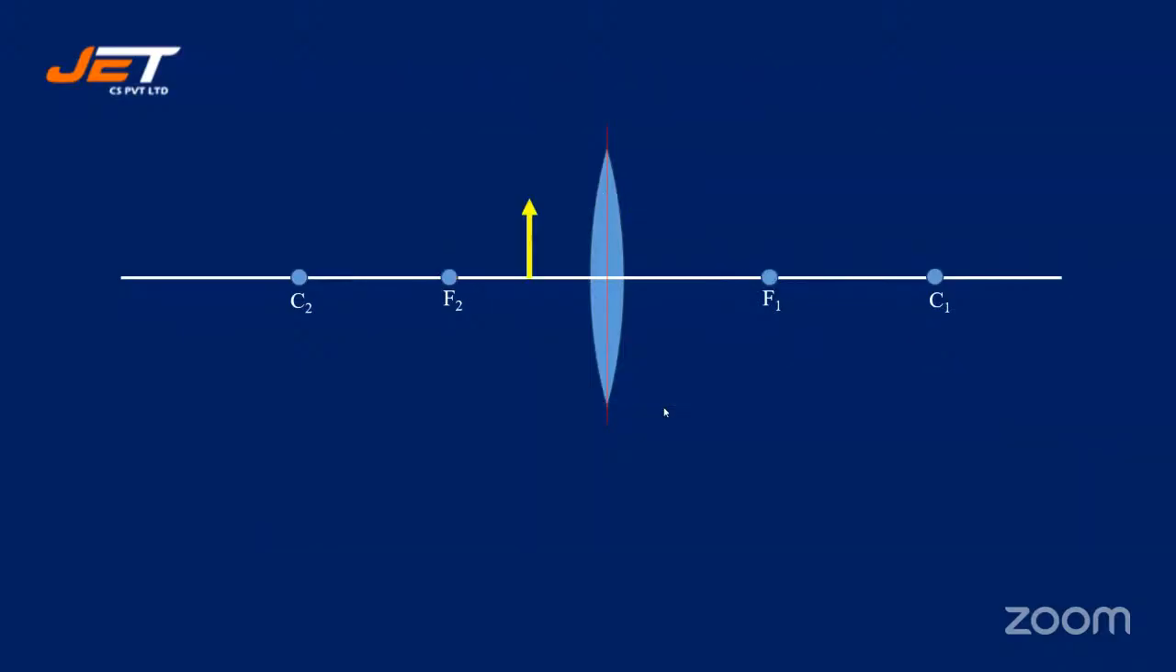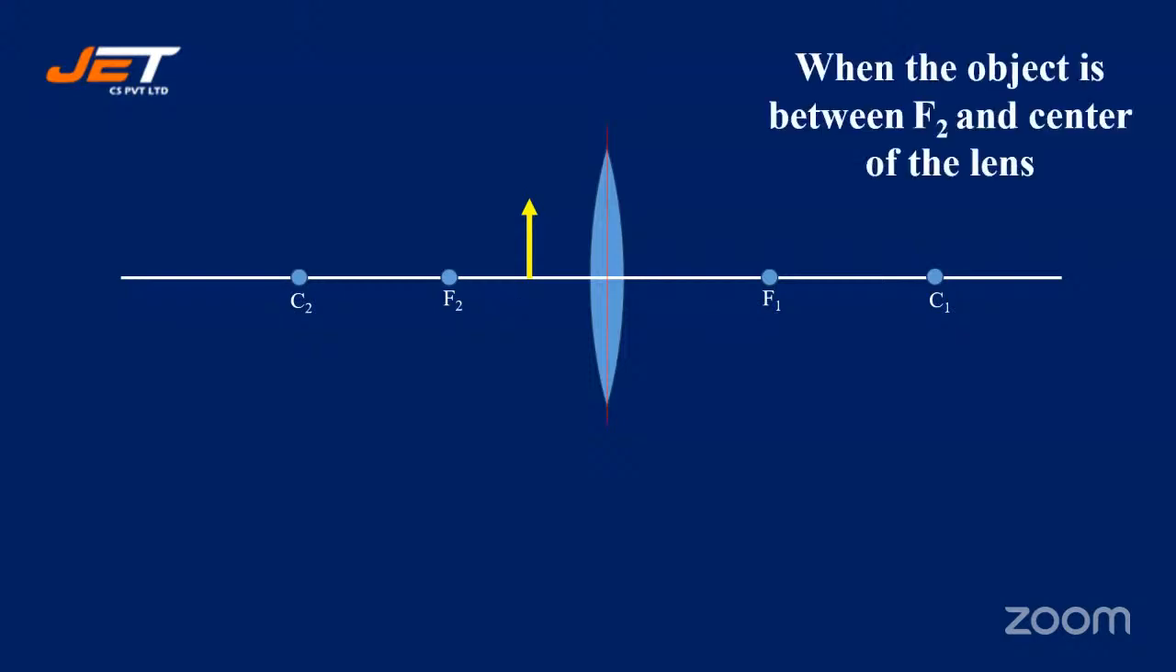Correct. Now, when it is between the optic center and F2, now this is interesting. And this is how we use a convex lens as a magnifying lens. When the object is between F2 and the optic center,